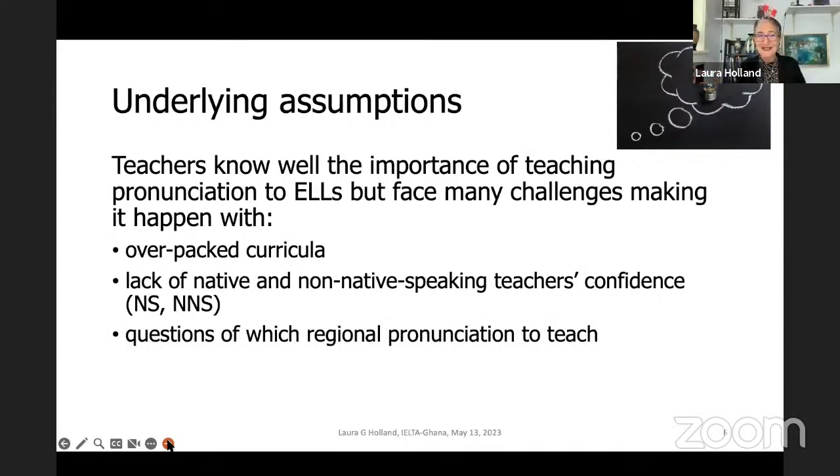Then there are also, of course, the questions, and somebody asked this in our WhatsApp thread: which regional pronunciation do we teach, right? Are we teaching American pronunciation? And if we're talking about American pronunciation, what is American pronunciation? It's so different. If you talk to somebody